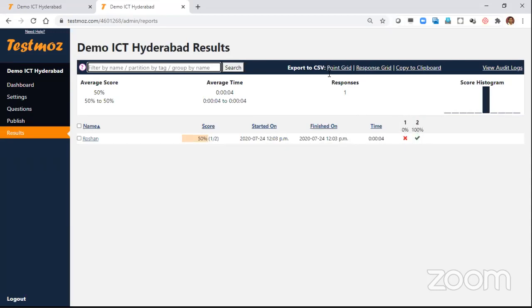This is the marks. You can download all this data, 100 candidates' data. You can download the response, copy to clipboard. Just download it. You will get it all in .csv form. So 100 students, 50 questions per test. This is all about TestMo's beautiful tool. Straight away you can use it.